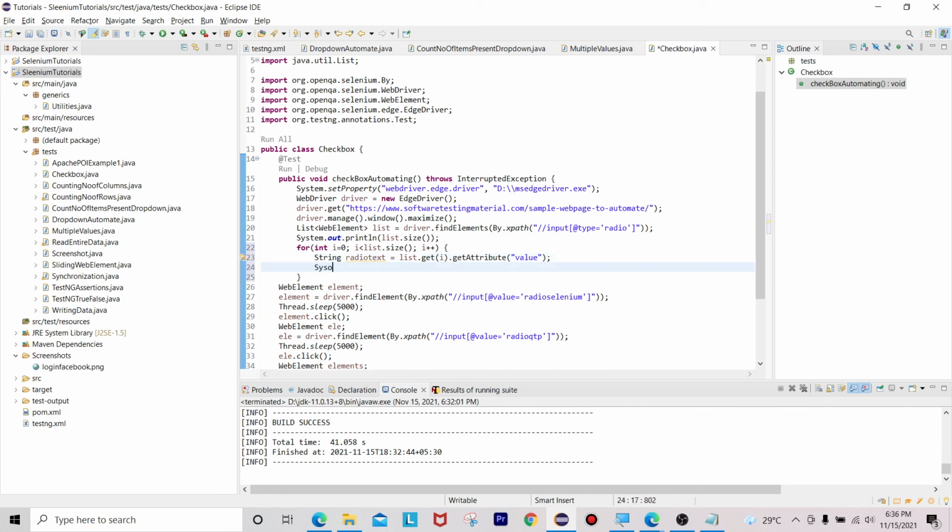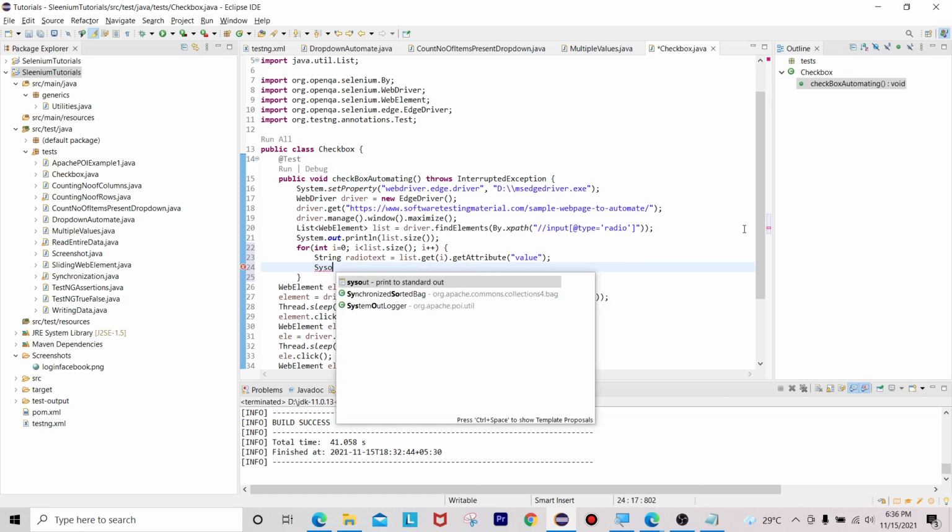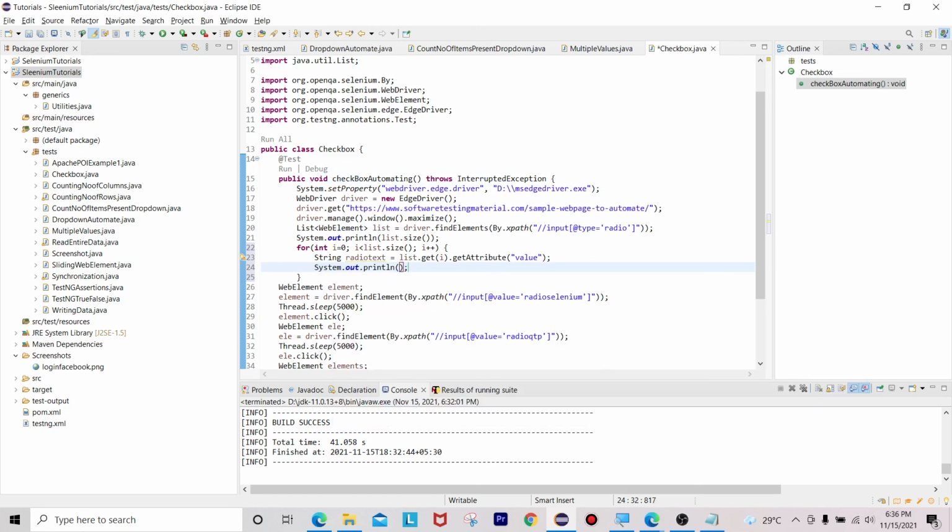So now I'm going to print this radio text. Now it's clear, right?